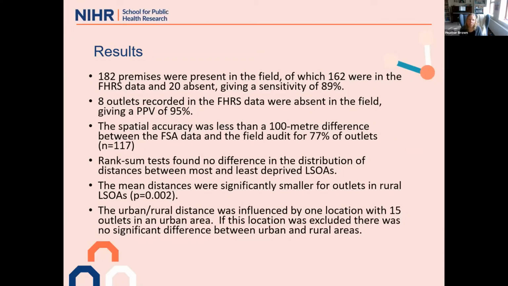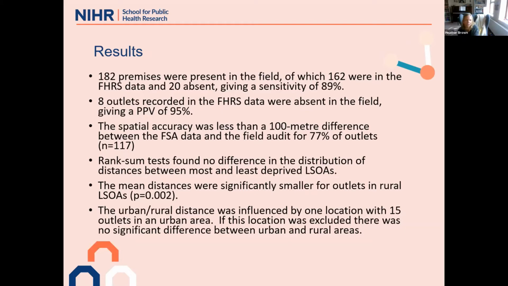So the results we found is there were 182 food outlets present in the field, of which 162 were in the data and 20 were absent, giving a sensitivity of 89%. 8 outlets recorded in the data were absent in the field, and that gives a positive predicted value of 95%. And the spatial accuracy was less than 100-meter difference. So our geographic coordinates compared to the ones in the data were on average, I think it was 71 meters